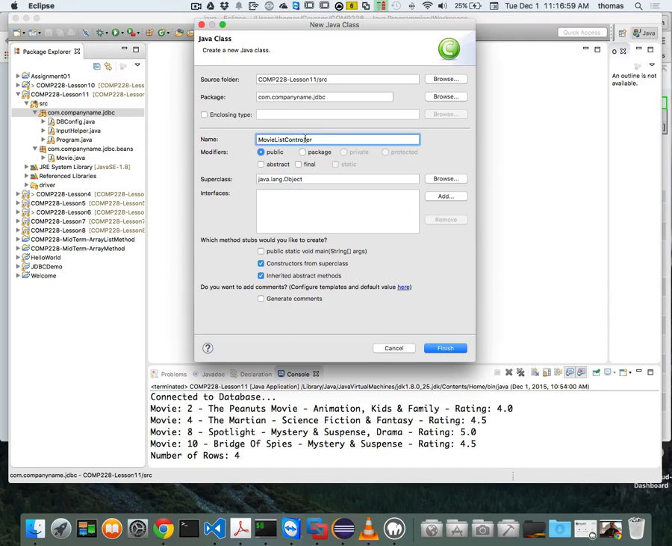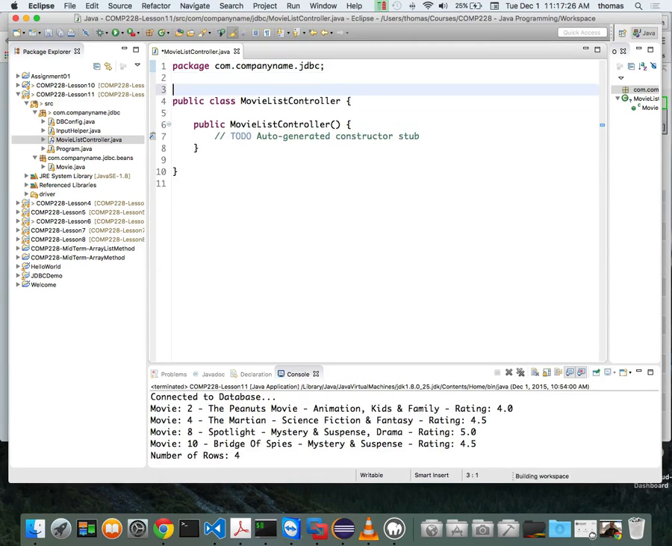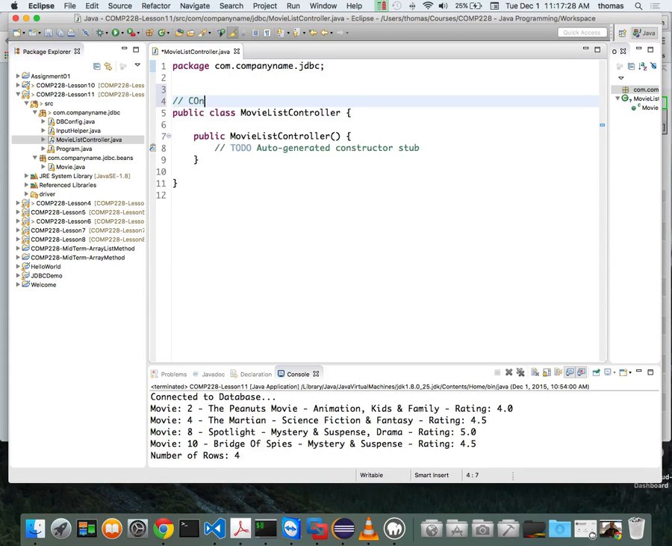So I'm using the name controller so that you remember that we're going to manipulate the model with our controller. The model is our Java bean, this schema that we're using. The controller is going to manage or manipulate the model in order for us to do our CRUD operations, our create, read, update, and delete operations for our database. Okay. Let's click finish. When I do that, it creates my movie list controller, and I'm just going to say again, this is the controller class